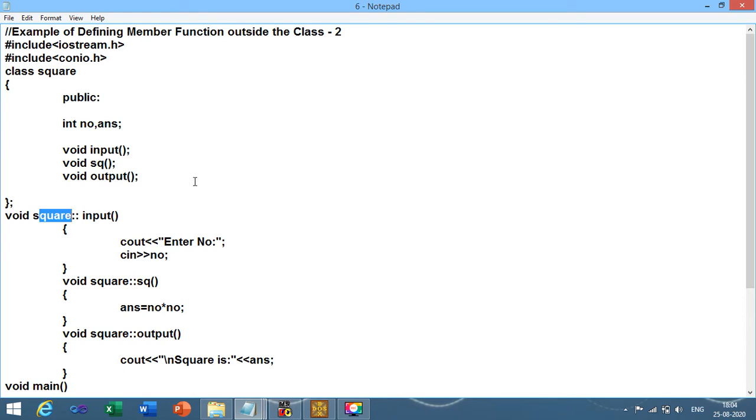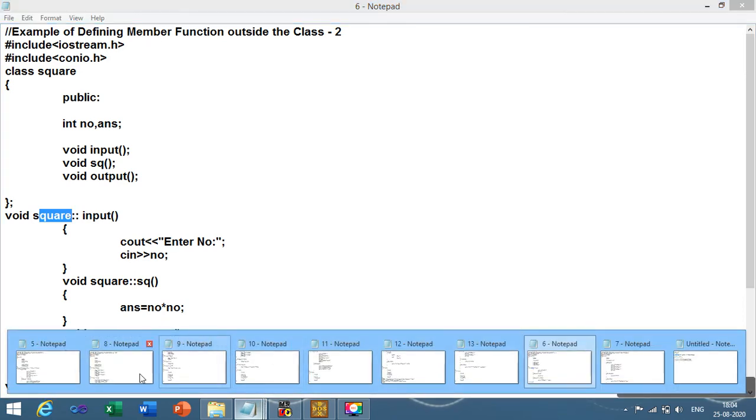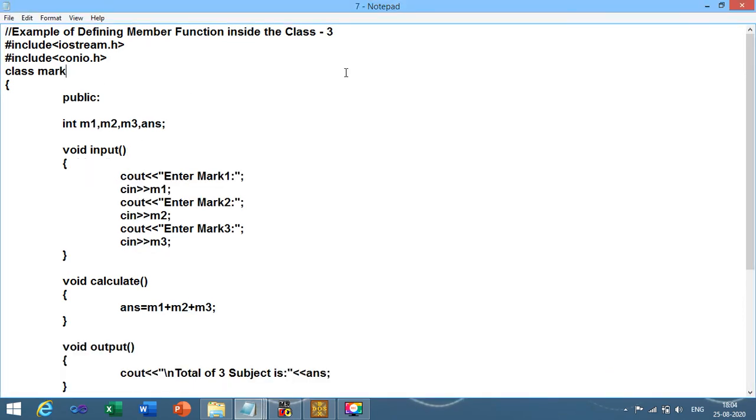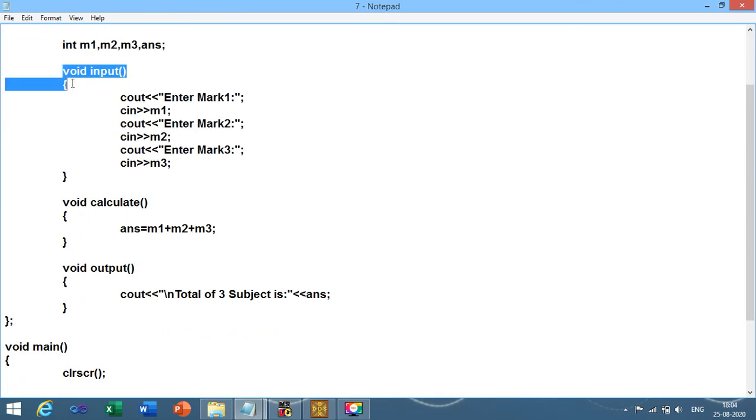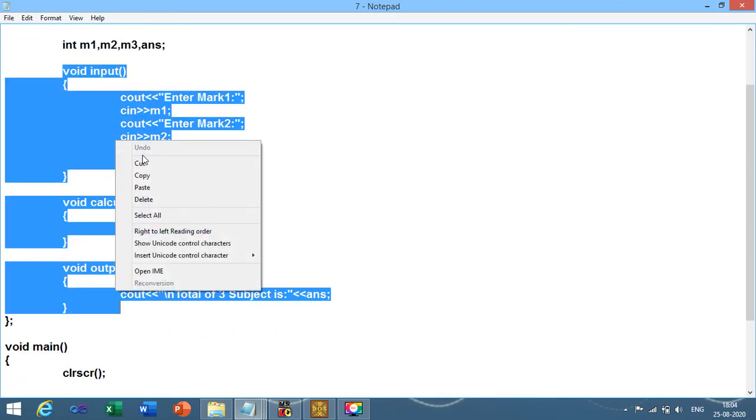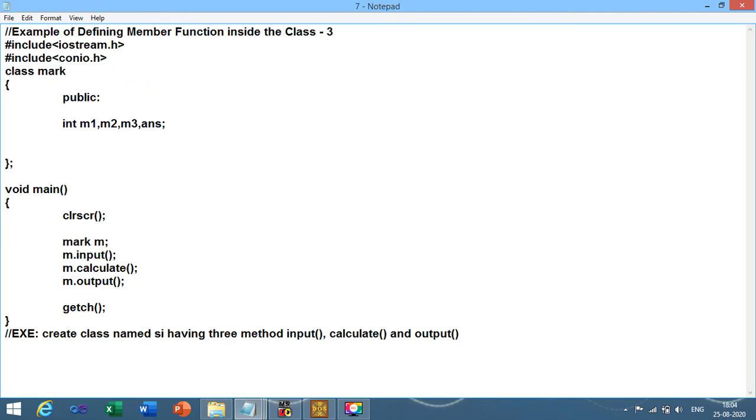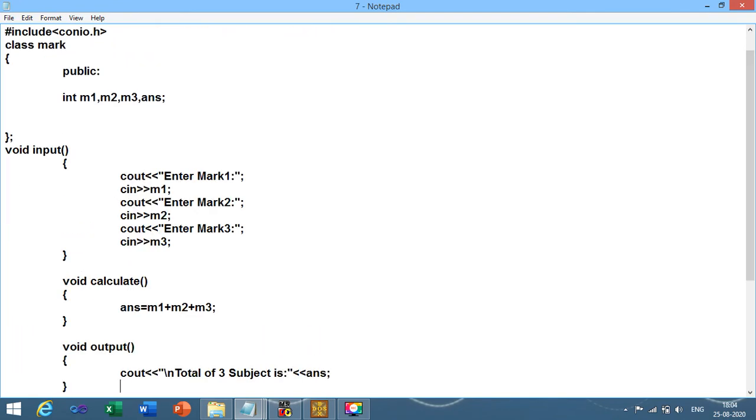Similarly, let me take the third program of member function inside the class. What we need to do? We need to cut this code and paste it outside the class. What is the name of class? Mark. So over here mark, scope resolution operator, again mark, scope resolution operator, in the output again mark and scope resolution operator.